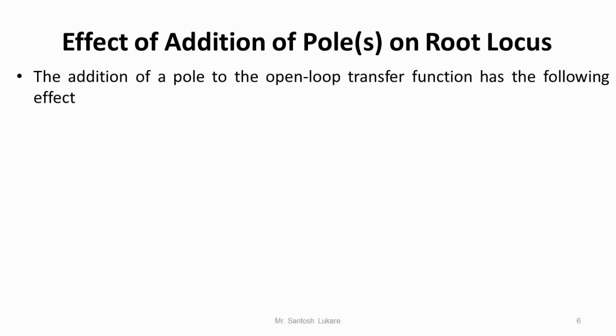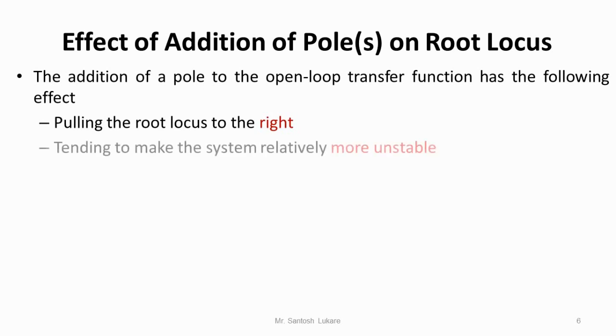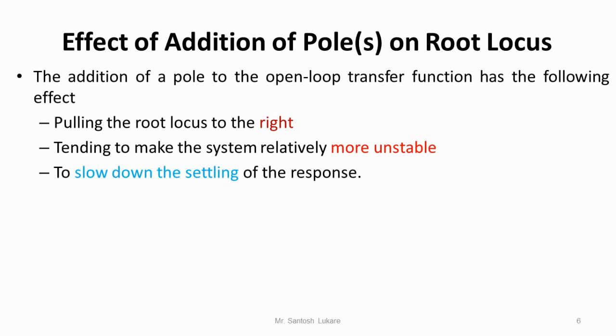The root locus of the system shifts, or is pulled, towards the right hand side of the S-plane, which indicates that the system is relatively unstable, or the system's stability decreases. This will also affect the transient response specifications; the system becomes more sluggish, or it will take more time to settle down. All these effects can be observed